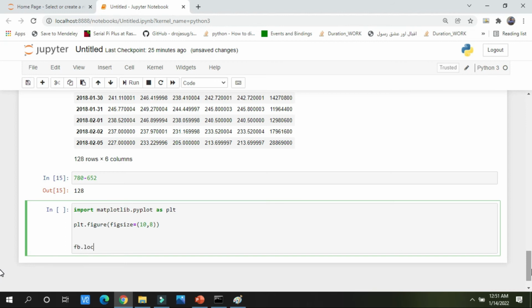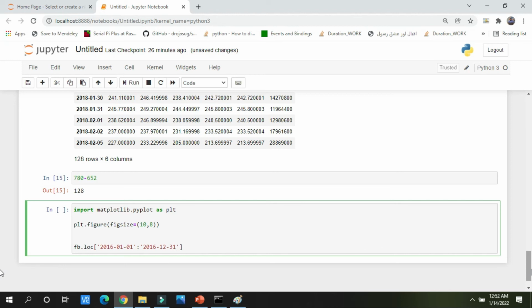What is meant by loc? In loc we will do slicing. He has asked me to take all the data under the labels of 2016. So I am writing here 2016, starting from the first date, 1st January 2016. It is stock data, so please be careful with it. And I am taking the last date of 2016, which is 31st December. I have sliced the data by label.